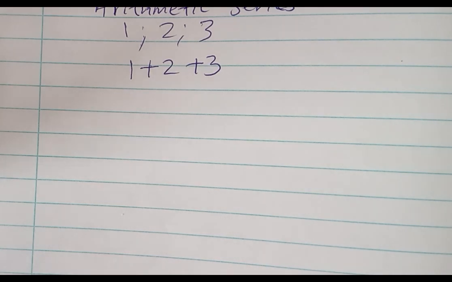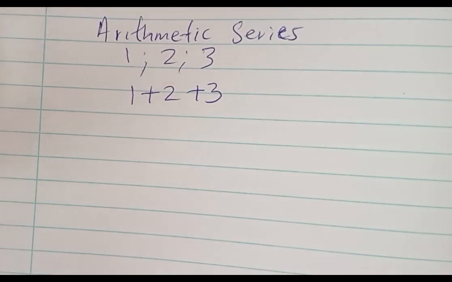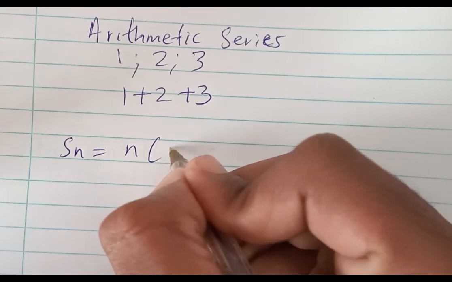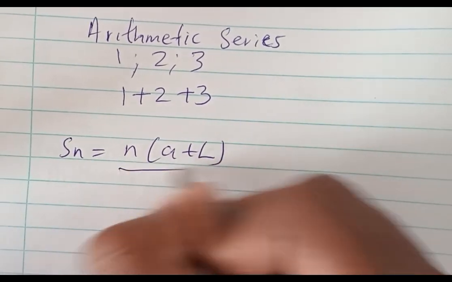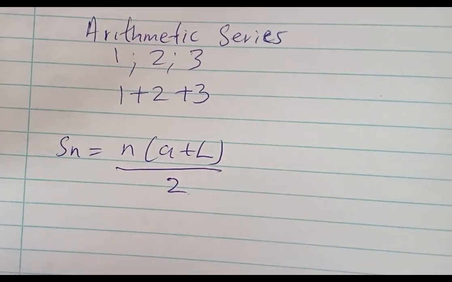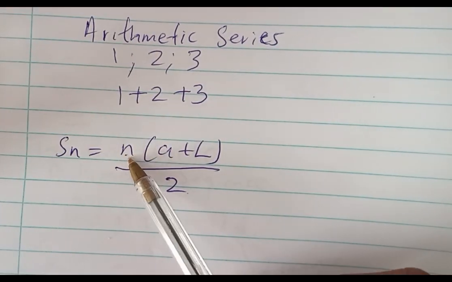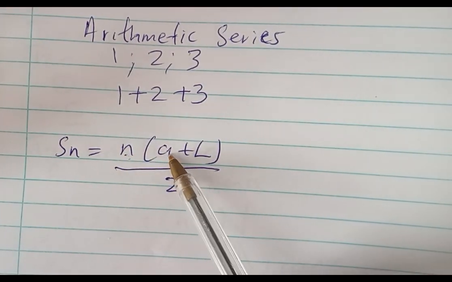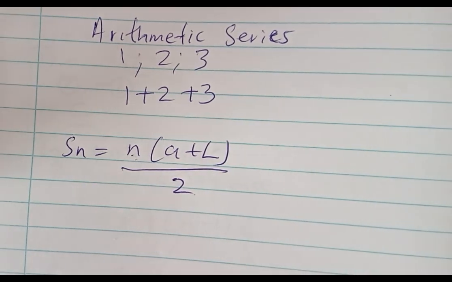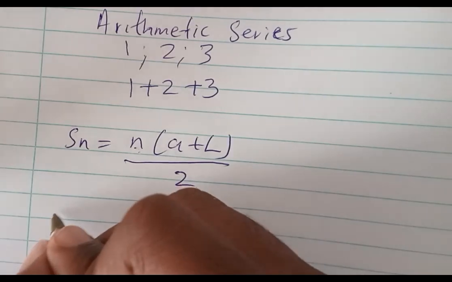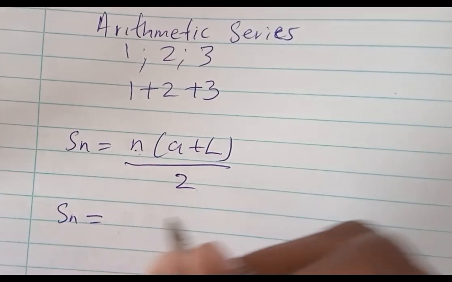So we have two formulas for arithmetic series, which is Sn is equals to n(a plus l) all over 2. This one we use when we have the last term, because n is for the number of terms, a is for the first term, and l is for the last term. And we have another formula for arithmetic series, which is